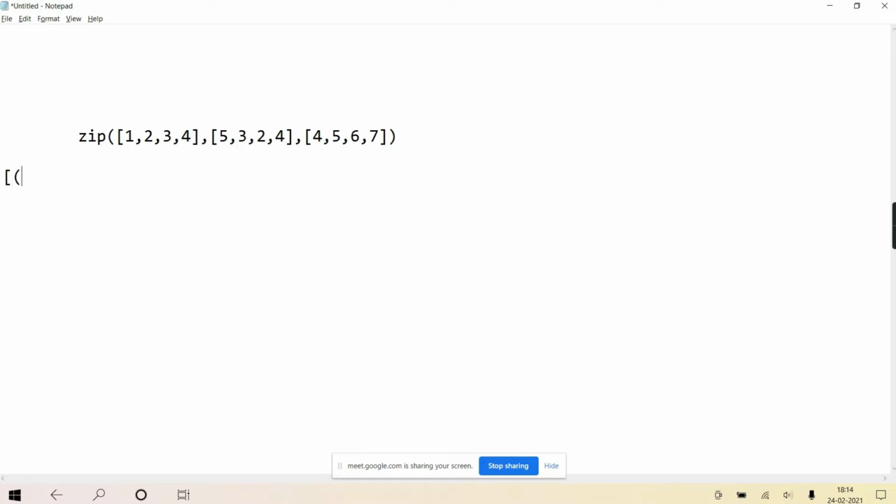So it will create one tuple 1, 5, 4, the next tuple 2, 3, 5, and a third tuple 3, 2, 6, this way. So it will create tuples of each corresponding value from all iterables.